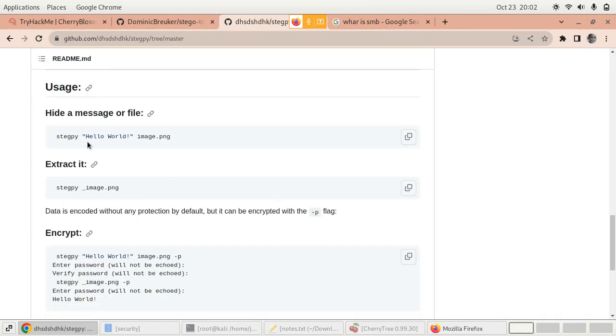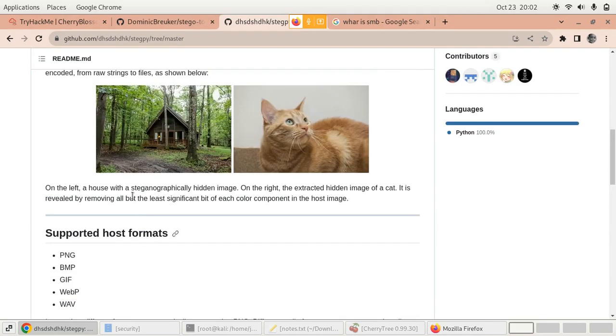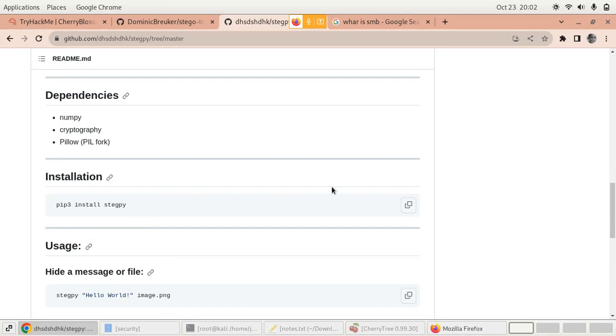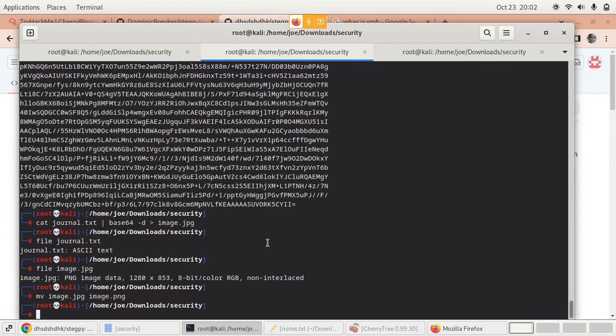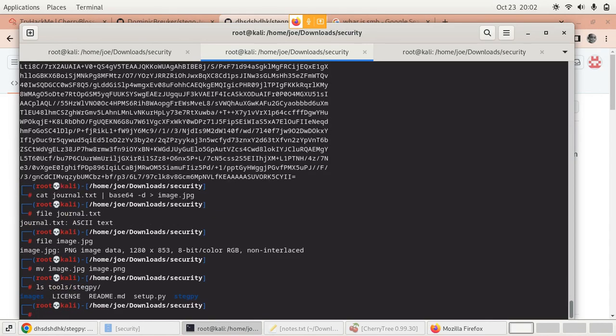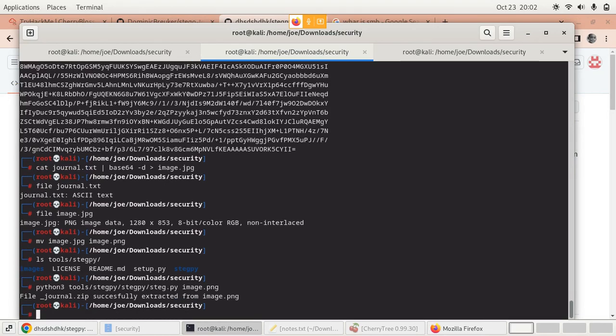So the tool I found is called StegPy, and I couldn't install it on my machine. So what I did is just git clone this thing and have it locally in tools directly. So I have it there. I won't go into the details. I just use the tool here, and I want to decode the image, because that's the syntax. You notice it gives us another file,